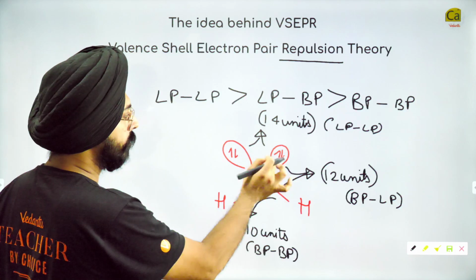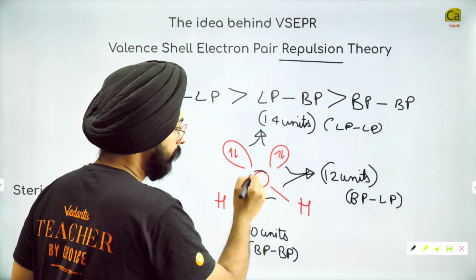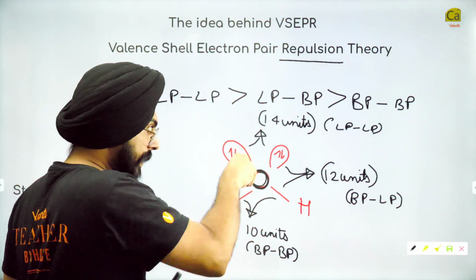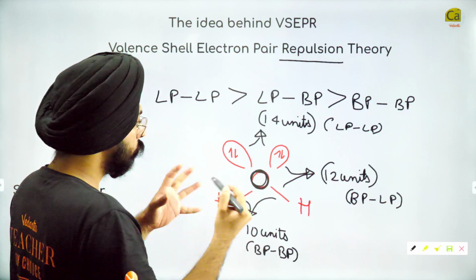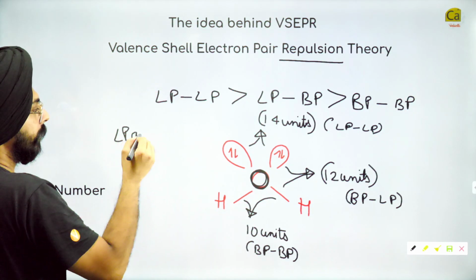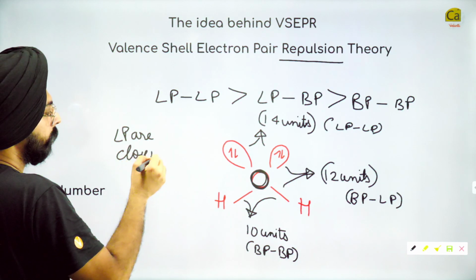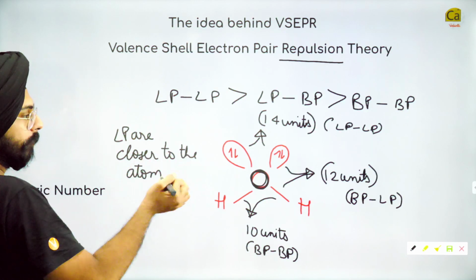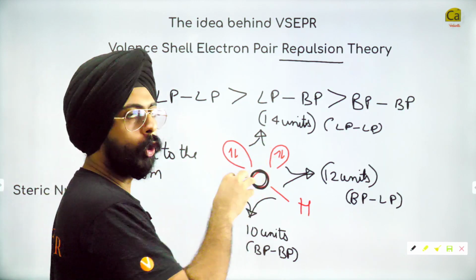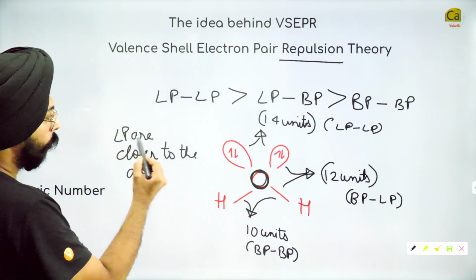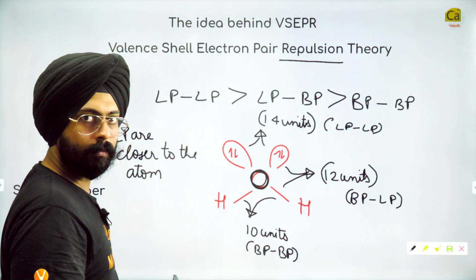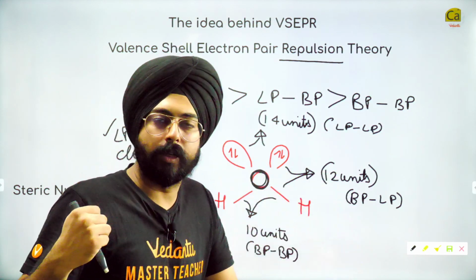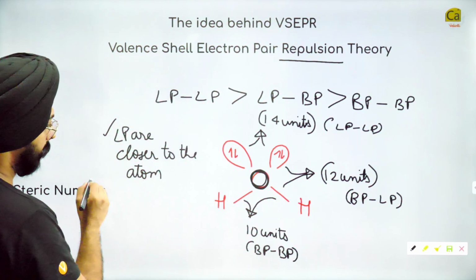See, if you think about these lone pairs, they belong to oxygen, isn't it? This pair of electrons is with oxygen. This pair of electrons is with oxygen. So can I say that lone pairs are closer to the atom? And when I say the atom, I mean the central atom, which we will keep in the center of the structure. Okay? So lone pairs are closer to the atom. Electron pairs are closer to the atom, so it implies that they are closer to each other, implies they will repel more. Bond pairs, on the other hand,